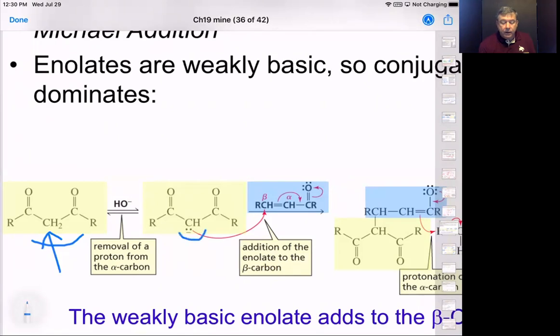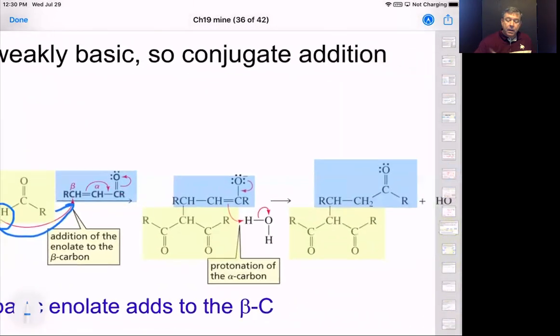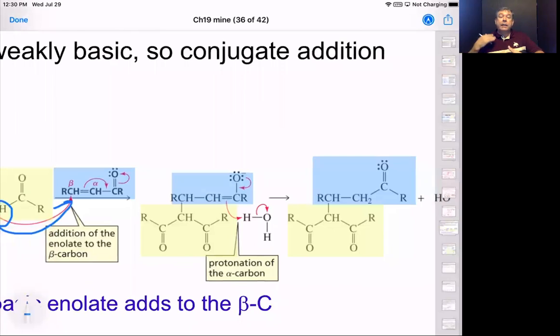We'll generate our anion, which then is, of course, going to attack at the beta position. And then it'll open up to give us our enol salt. Then our enol salt, once we add water to that, will undergo the enol-keto tautomerism and regenerate our carbonyl compound. But our new carbon-carbon bond is right here on that alpha carbon of the conjugate addition